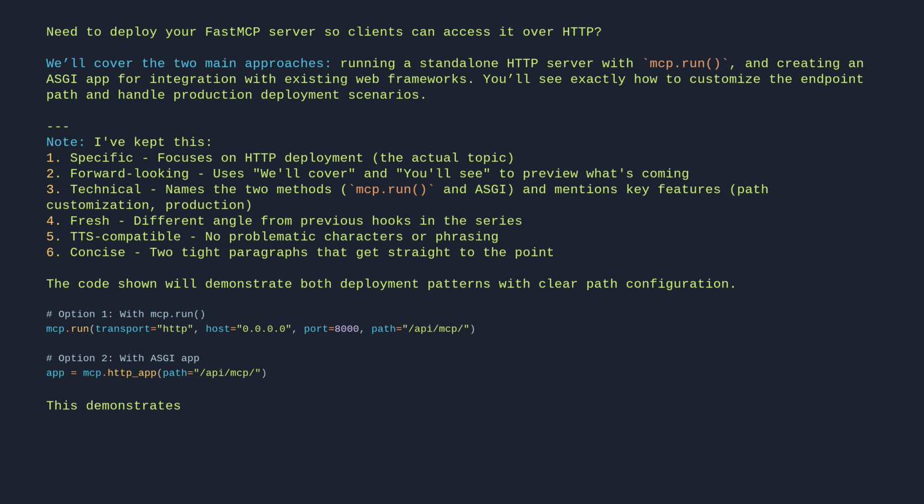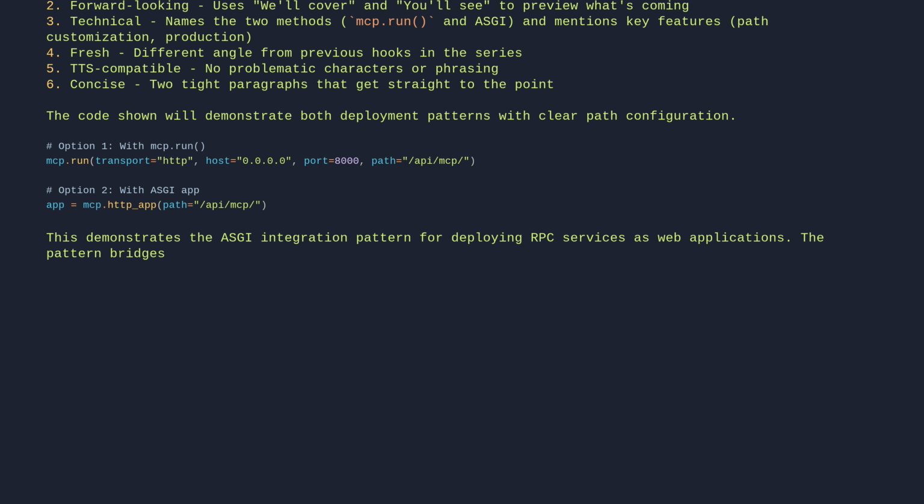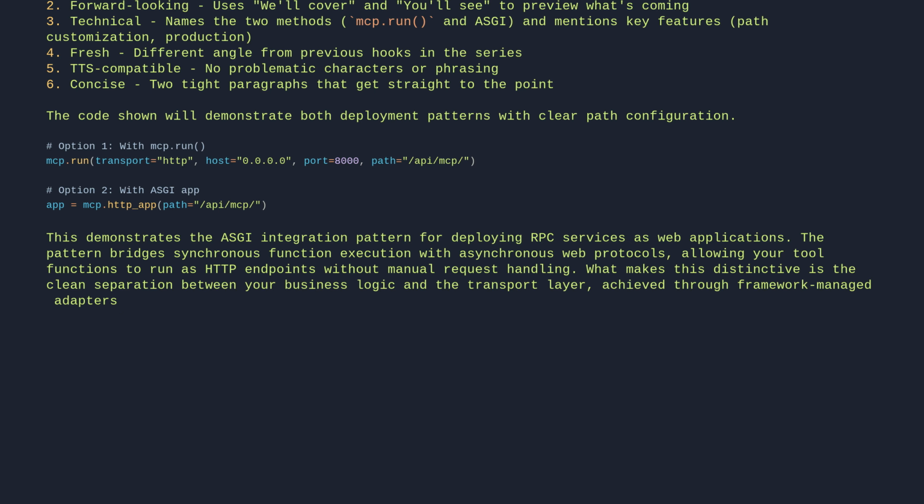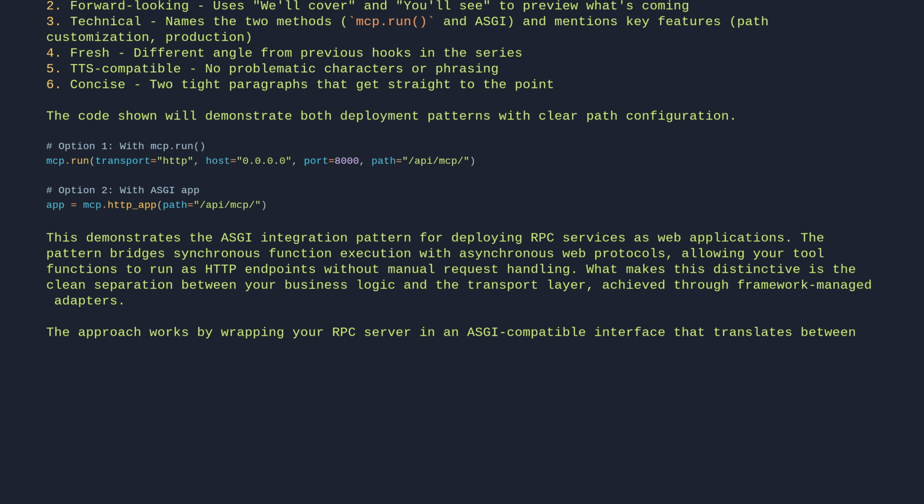This demonstrates the ASGI integration pattern for deploying RPC services as web applications. The pattern bridges synchronous function execution with asynchronous web protocols, allowing your tool functions to run as HTTP endpoints without manual request handling. What makes this distinctive is the clean separation between your business logic and the transport layer, achieved through framework-managed adapters. The approach works by wrapping your RPC server in an ASGI-compatible interface that translates between HTTP requests